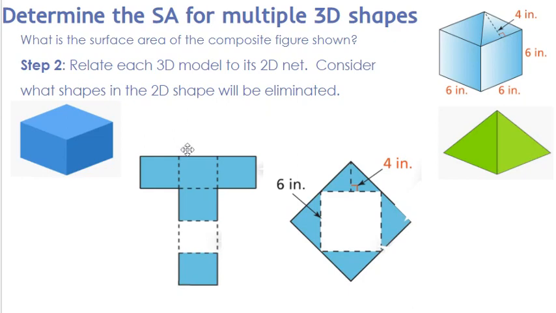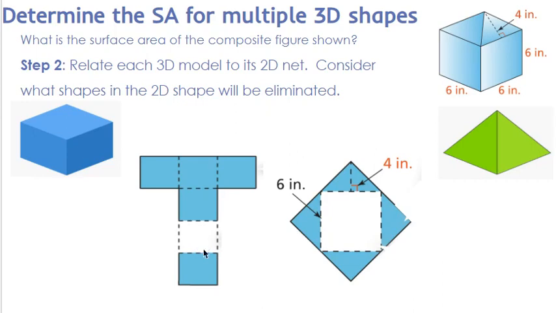Keep in mind that where the two shapes join up, that part will be eliminated. So we have the net of a cube here, and one of those squares will be removed, again, because that's where it joins up with the rectangular pyramid. The bottom of the rectangular pyramid also won't be included in the surface area because it's where it joins up with the cube. So we will have those grayed out so that we will not include them in our final